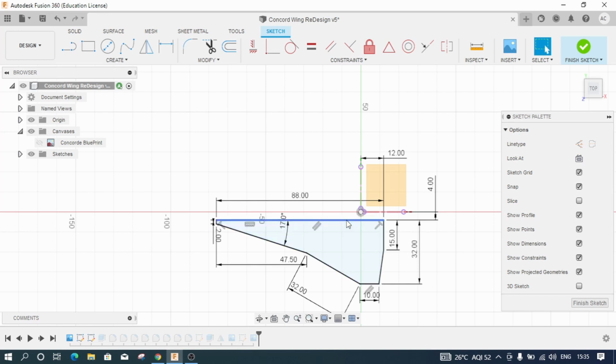So this is another term which you need to know. This particular line which is getting highlighted is known as the leading edge. This particular line of 10 mm length is known as the wingtip. These two lines are known as the trailing edge, and this particular line is known as the root of the wing.